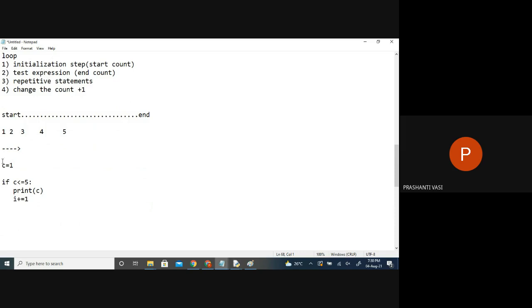It starts here, then it will check whether the answer is true or false. Is it true? True only, ma'am. So if it is true, we should do these two statements. It needs to print c, so it will print 1.